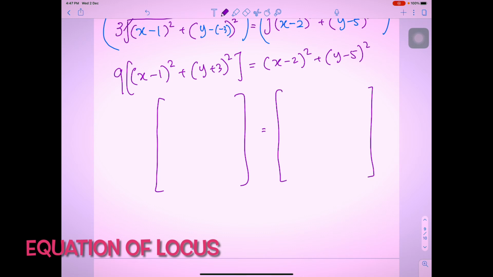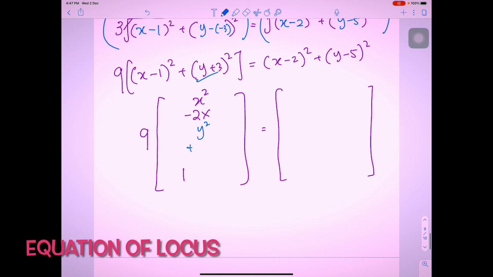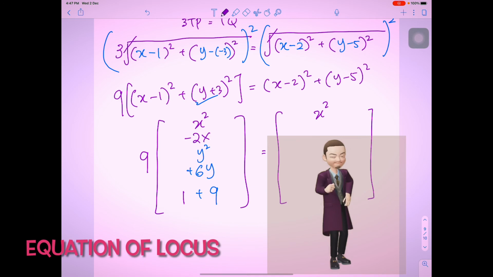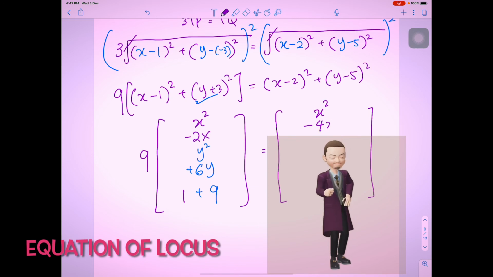And then 9 in front, and expand x minus 1: x squared, negative 2x, and the last is negative 1 squared, 1. And for y, y squared plus 6y plus 9. Then the second bracket, the right hand side: x squared, and for the x term negative 4x, and then for y